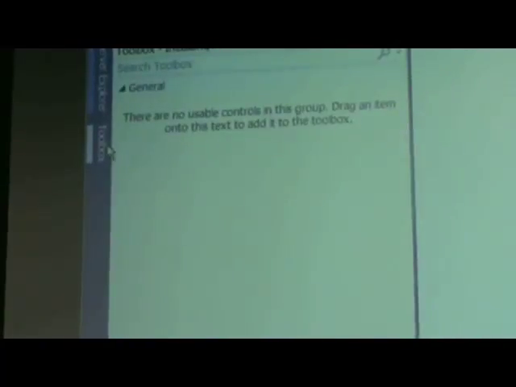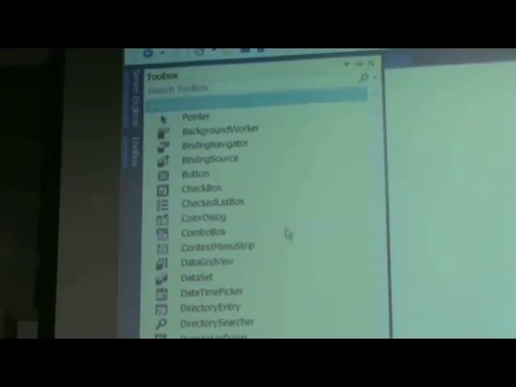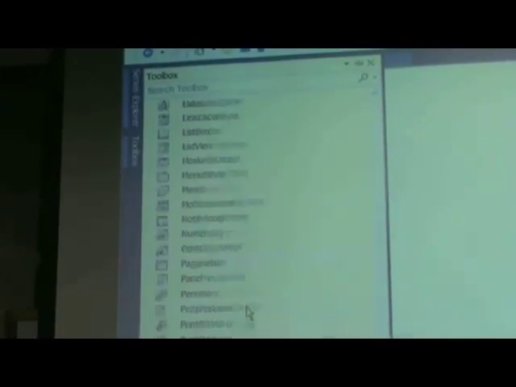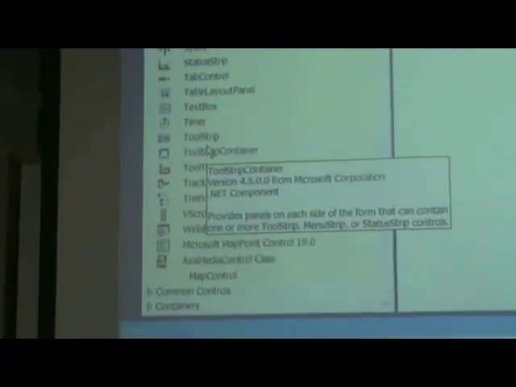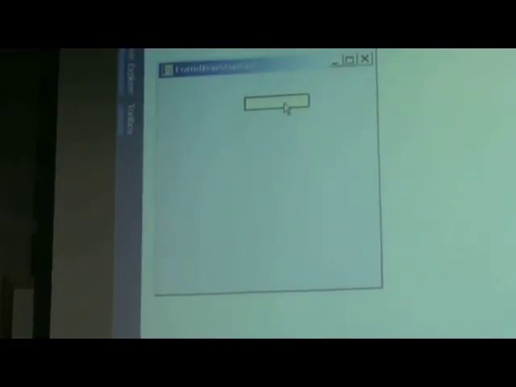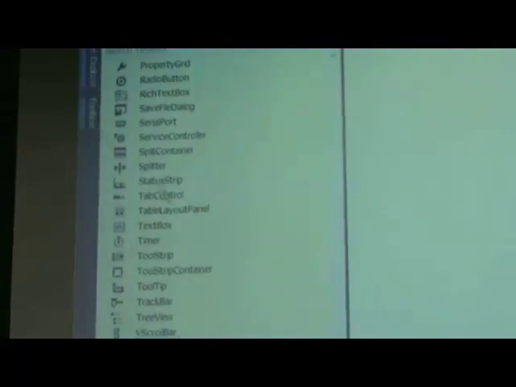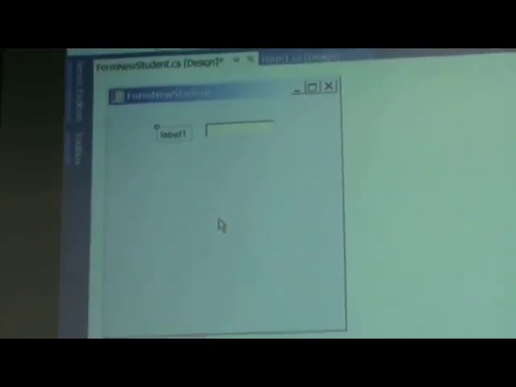So if I go to the toolbox, through All Windows Forms, I'll locate a text box. These are alphabetical. So I'll pick a text box. If I double click on it, it will draw it. Let me move it somewhere over here. Then if I go over here, pick a label. Okay, draw it over here, right? And since I need 5 pieces of information, okay,